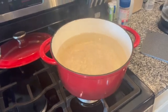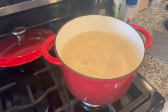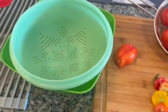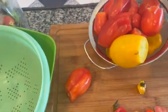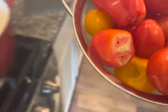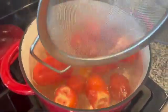Okay, friends, so this is the setup that we've got going on. We have our simmering water over there, like a light boil, and we have our freezing cold water over here. And what we're gonna do is take our first batch of maters. Ooh, that one didn't want to go in the pot this time. We're gonna take our first batch of maters, plop them in,